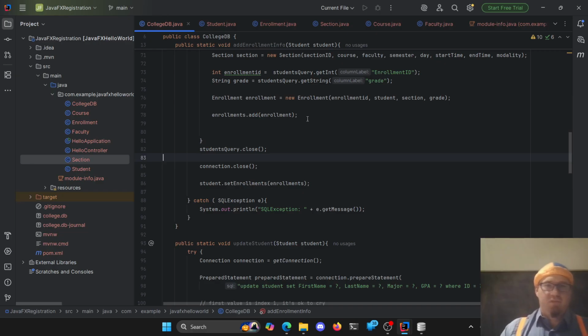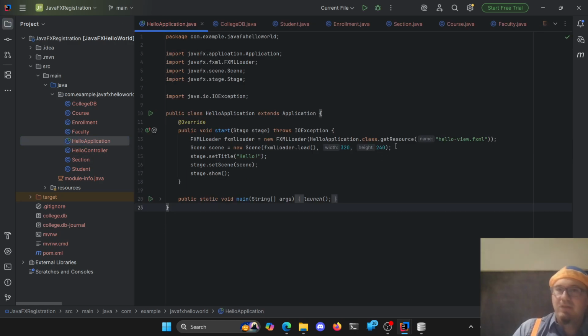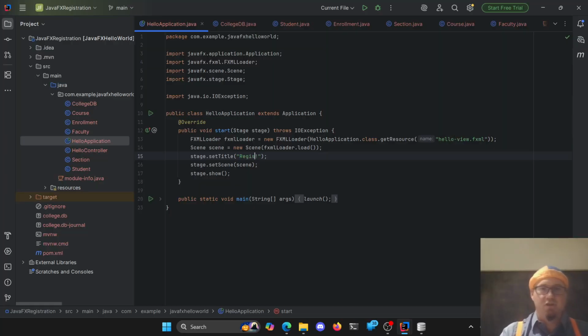All right, so we got student. So let's go see if we can get a student out and then populate all the enrollments for that student, and go get that information. So in our application, we don't need the height and width here. We'll get rid of that. Bridge, we don't want any of that. Here's our registration window here, and then our